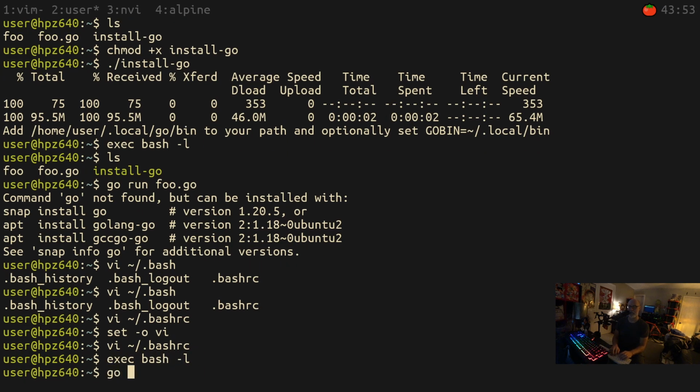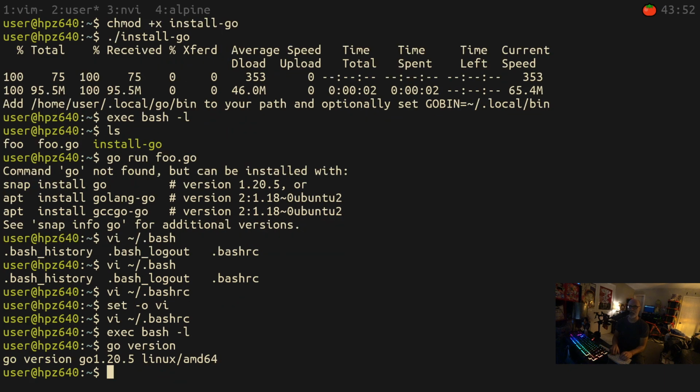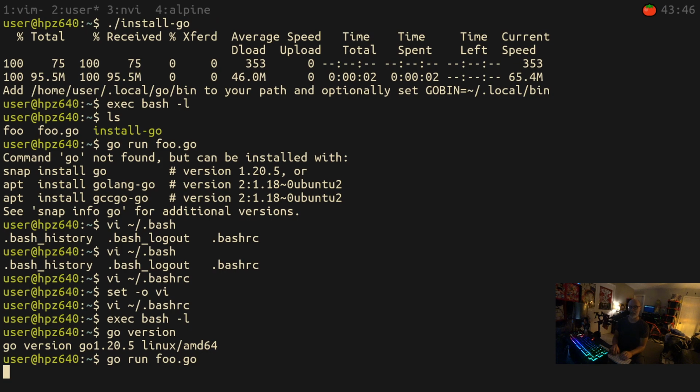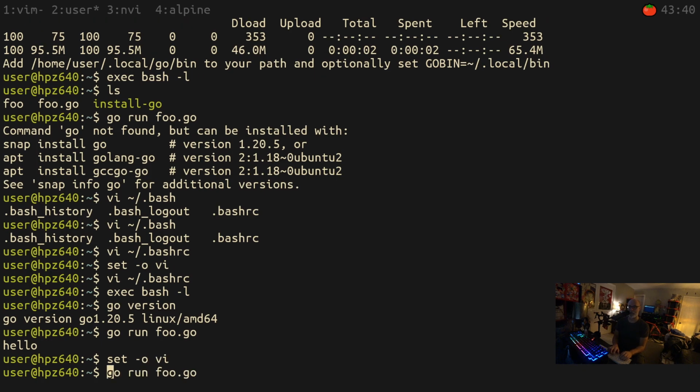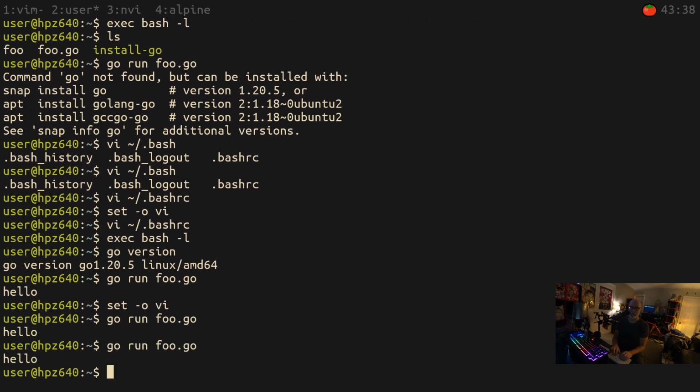go version. Yay, there we go. So go run foo.go. What did I? Oh, right. Hello. I'm fighting against a bunch of mini cubes here. So that's all I was saying, is that you can